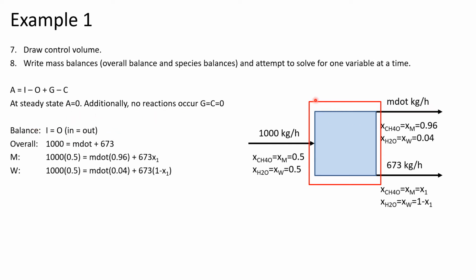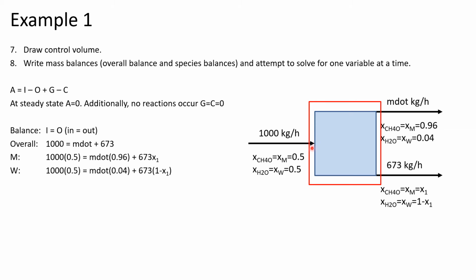So here's our process. This red box defines the control volume, which we'll use to define our closed system, and we're going to look for inputs and outputs across that control volume. So first of all, let's look for the inputs. We're going to put flows into that control volume on the left-hand side of the equals, and we'll put flows out of the control volume on the right-hand side. So if we start here with this one input stream,